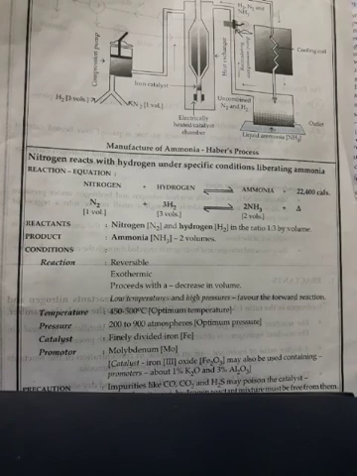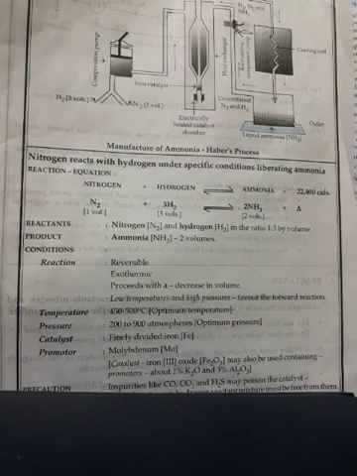And then compressed gases are passed over heated catalyst. What temperature is maintained in this catalytic chamber? 450 to 500 degrees Celsius. And here only this reaction will take place. Nitrogen reacts with hydrogen to form ammonia. And then gases which are coming out from the catalytic chamber consist of hydrogen, nitrogen and ammonia. So they will be condensed. Which one will liquefy? Only ammonia will liquefy, and hydrogen and nitrogen will not convert into liquid and they can be recirculated again. So this is the process. Thank you.